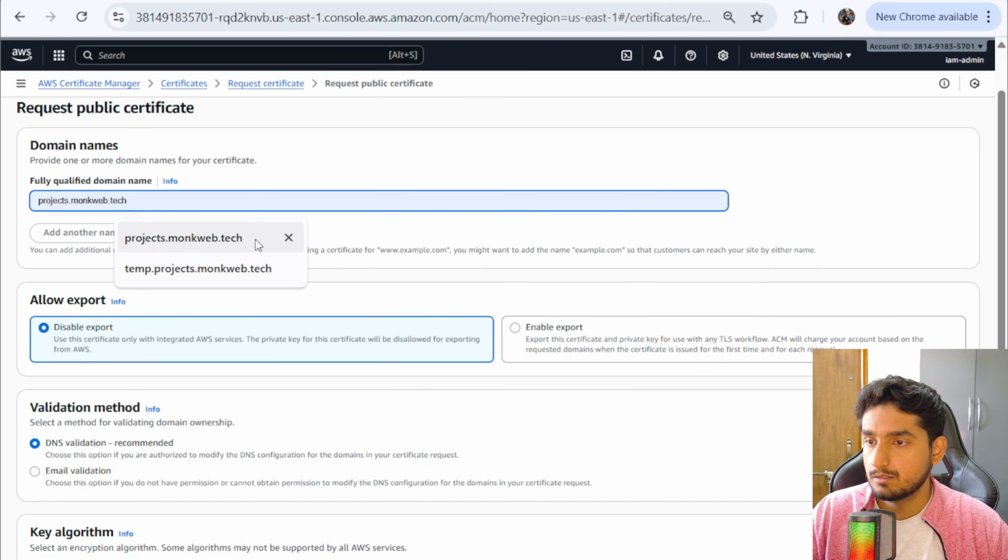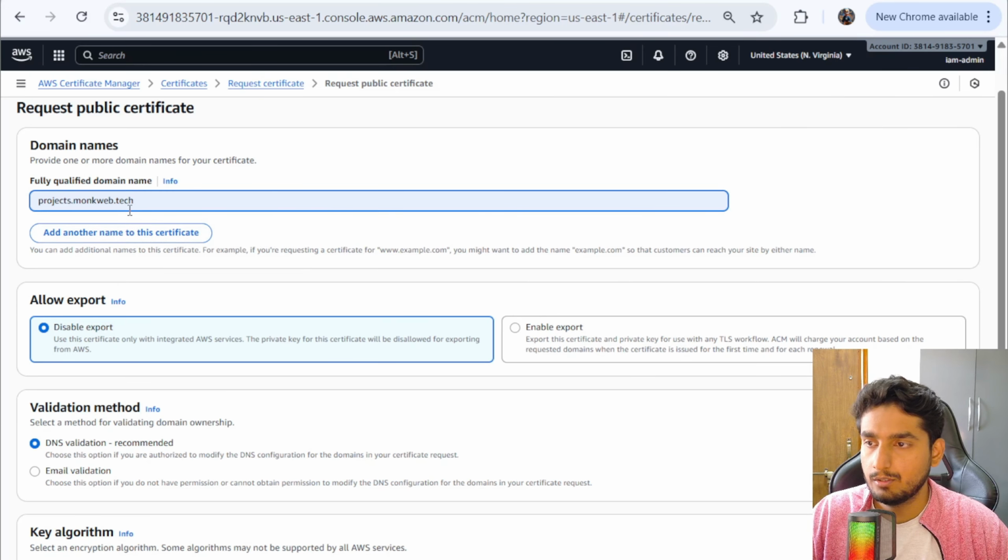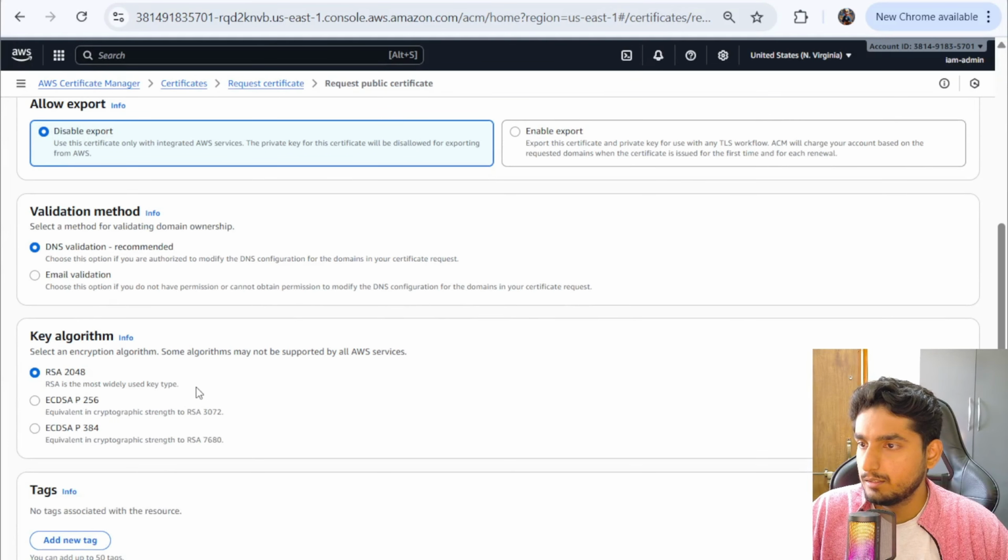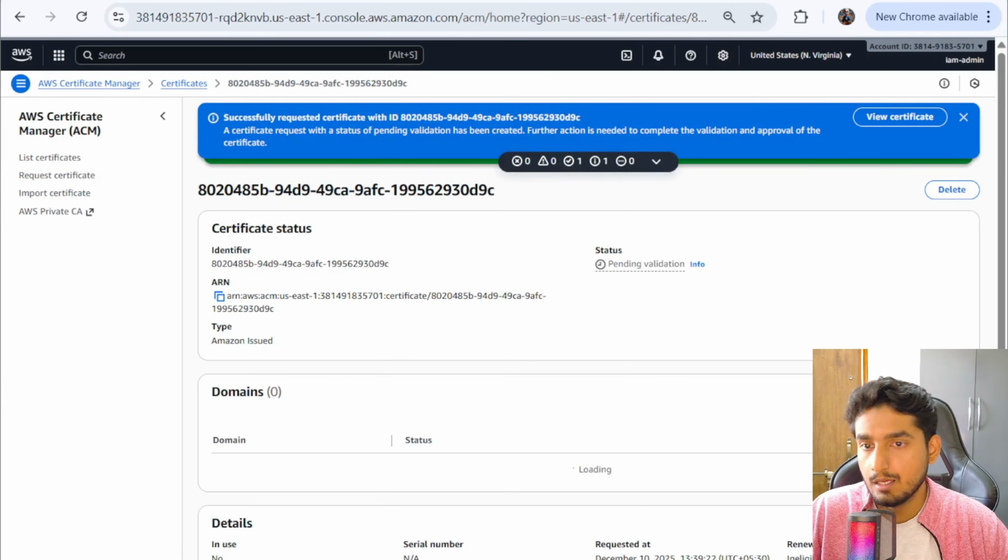So we can just write projects.monkweb.tech. This will be the domain where your website will be hosted. All right, and this is a subdomain, and everything is fine. We can just request a certificate. Now the next process is it will wait for the validation, and in the meantime we have to add the